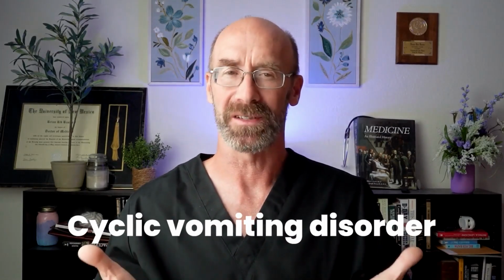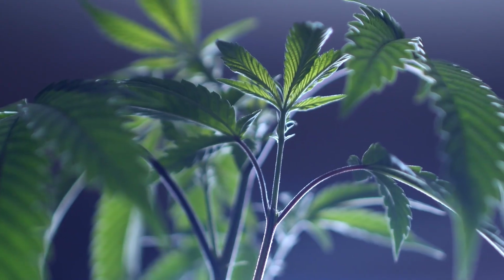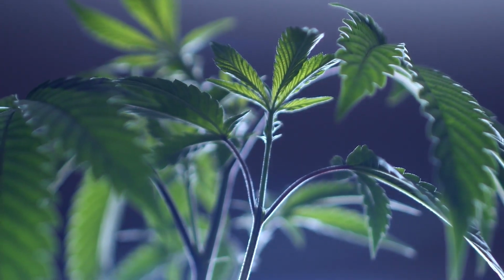A cyclic vomiting disorder is a poorly understood condition where a patient vomits intermittently, maybe every few days or weeks or months, with no explanation at all. And they feel healthy between these bouts. Additional information that came out was that James was a recreational marijuana user, and he had been for many years. And especially over the last several years, he had started to use marijuana daily. Because with his diagnosis of cyclic vomiting syndrome, he knew that pot was well known for both an anti-vomiting and